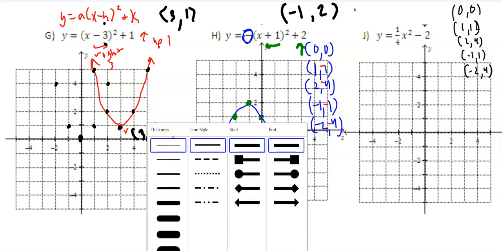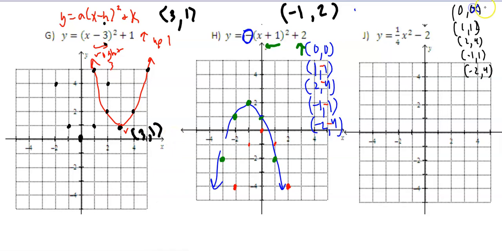All the y values are multiplied by 1/4. We get 0, 1/4, 1, 1/4, 1. You got to go to the plot. 1/4 is about there. 1 is there. -1/4, 1. So you've got your 5 points, and now all 5 of those points are going to move